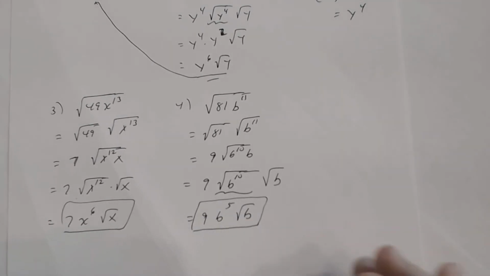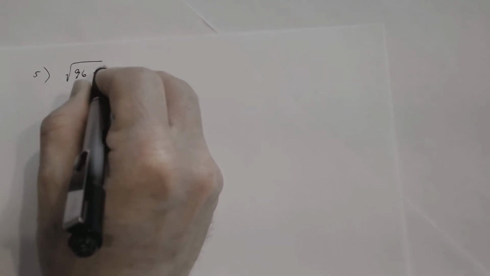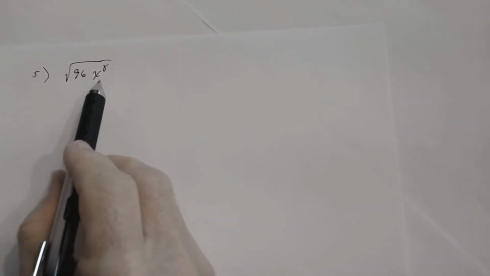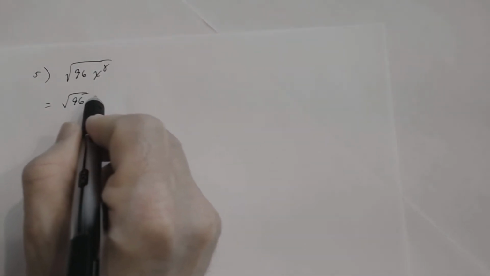All right? So see, not that difficult, right? All right, let's look at number 5. Number 5, we have the square root of 96 x to the 8th. Okay, so again, using the product rule, I get the square root of 96 times the square root of x